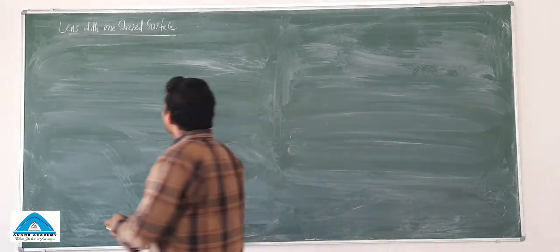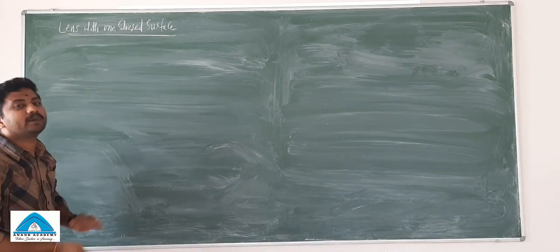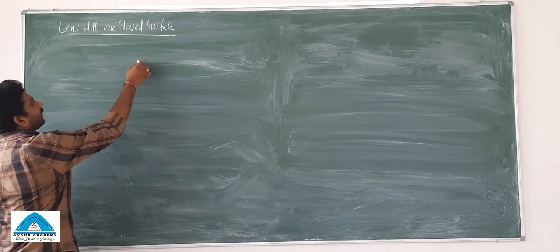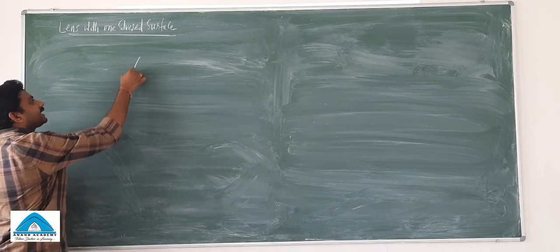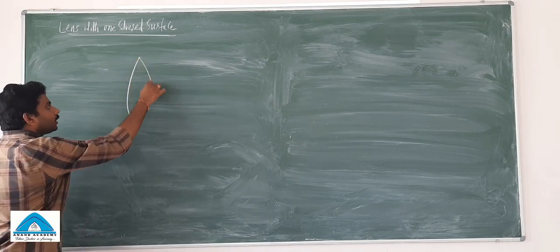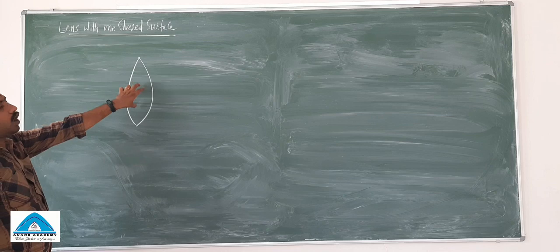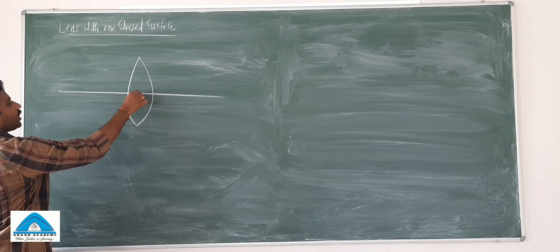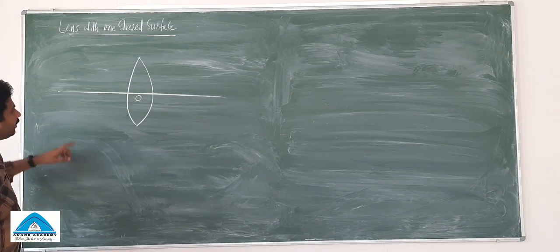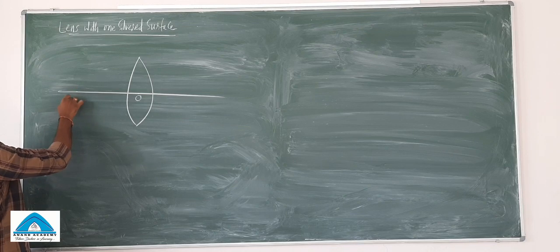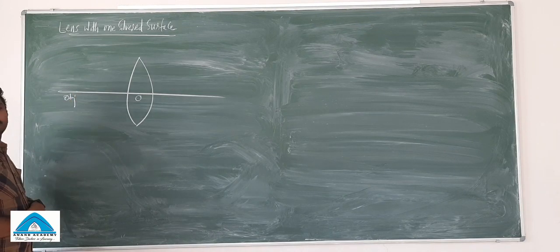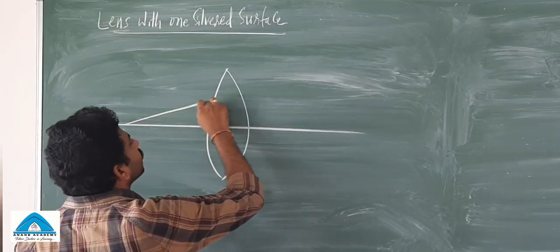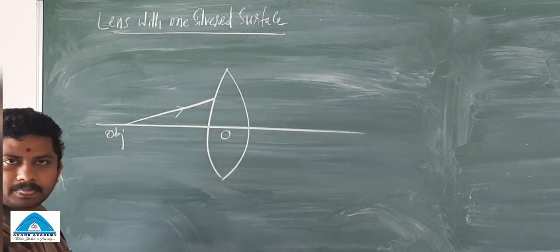So that formula also we are going to learn and discuss now. It's a very important and interesting phenomenon in this chapter. Lens with one silvered surface. I'm just taking an example here. So there is a convex lens here I had considered. I've just kept an object here. So there is an object. From this object, there is a light ray incident here. You can carefully go through the situation.